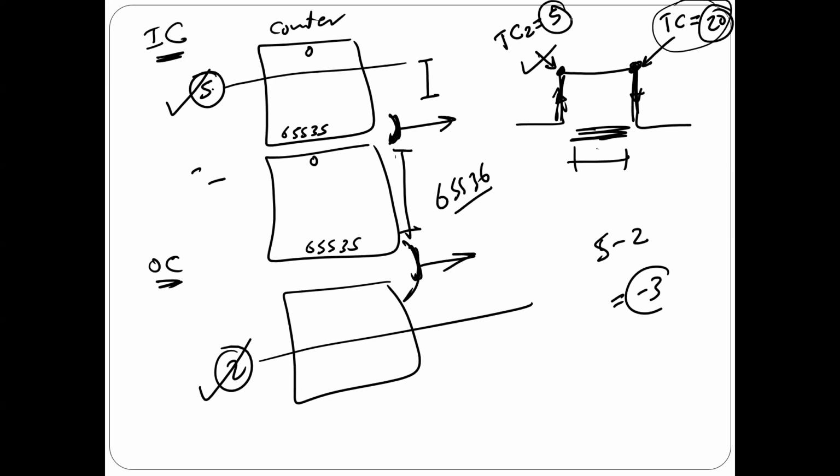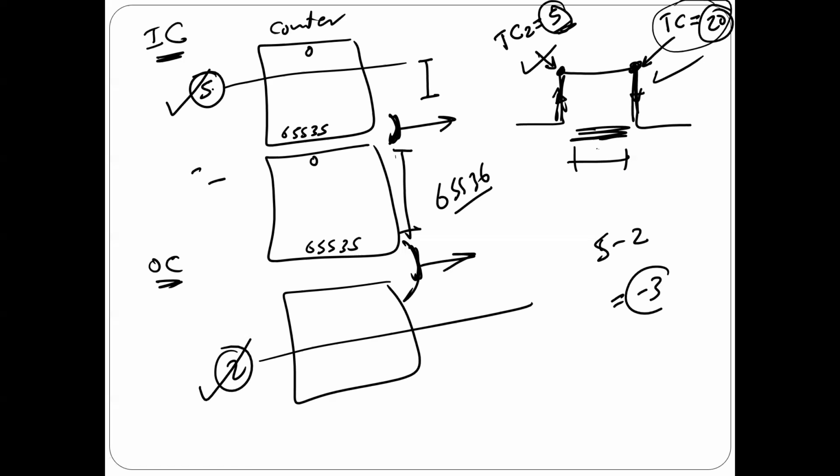So as you will see later, I need 3 values: the beginning count, the end count, and number 3, the overflow. Any question? Now you should understand. If you didn't understand it, let me know. Number 1, what do we mean by measuring time? I'm going to measure time in terms of counts. How many counts? Number 2, you should understand how the timer is used with input capture to measure time. You should understand why you need interrupts, and why you need overflow interrupts. Any questions?